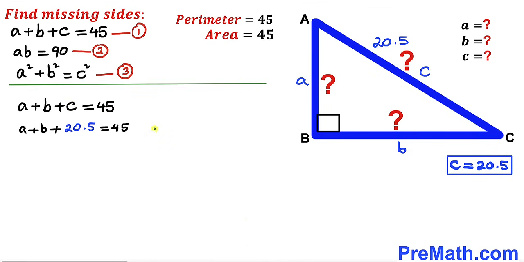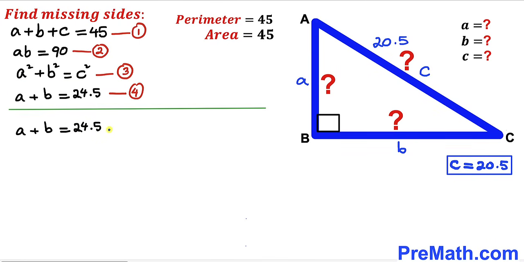20.5. As you can see in this next step, I have replaced this C value with 20.5 units. And now we are going to subtract 20.5 from both sides. This is gone. So therefore our A plus B value turns out to be 24.5. And I'm going to label this one as our equation number 4. And in this equation 4, I'm going to move B on the other side, as you can see in this